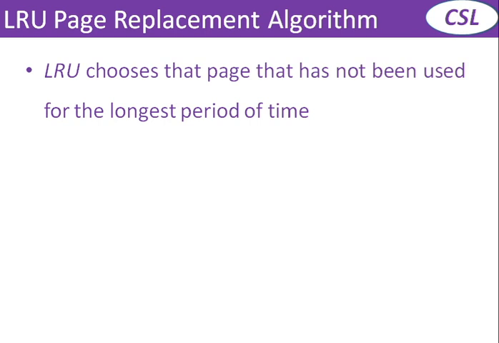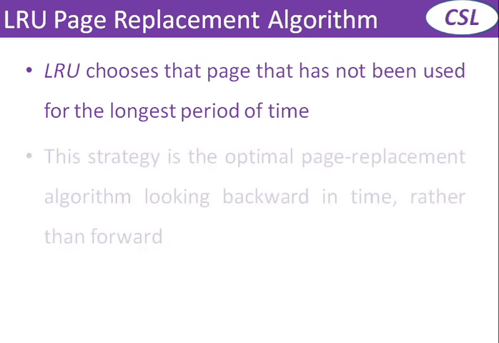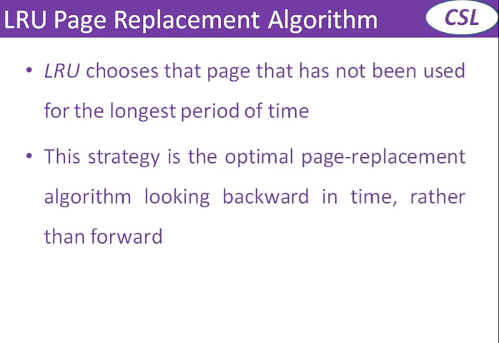That means it is quite the opposite of the optimal page replacement algorithm. In the optimal page replacement algorithm, we look at which page will be requested in the future. But here we look at the page we used most recently, the very last. So it is exactly opposite. The optimal algorithm looks in the forward direction, and this algorithm looks backward in time. That is the main concept in the LRU page replacement algorithm.